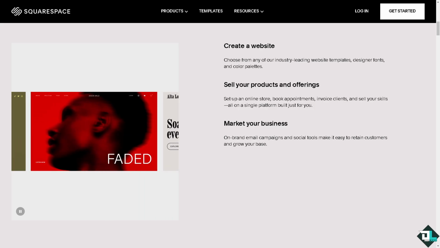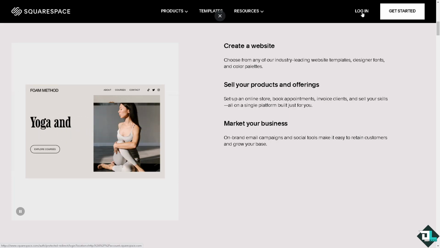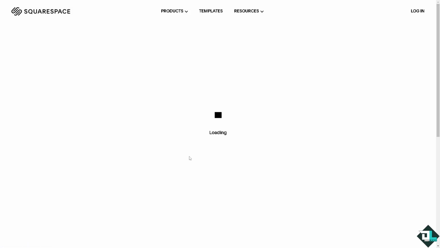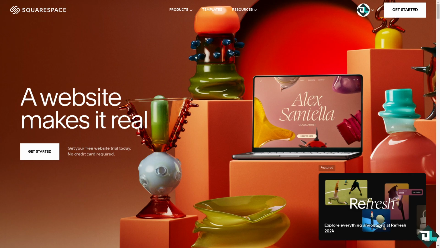Let's begin. Now, the first thing that you need to do is to log in using your credentials. If this is your first time in Instagram and Squarespace, I want you to click on the sign up option. And from here, just follow the on-screen instructions and you're good to go. Linking your Instagram account to your Squarespace site allows you to display your Instagram feed, create social media links, or